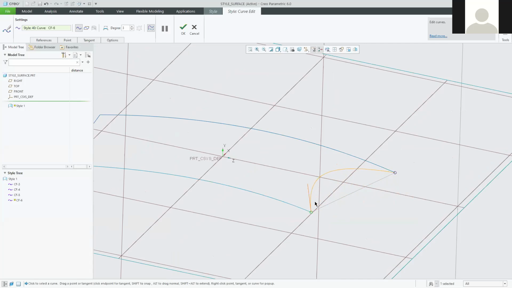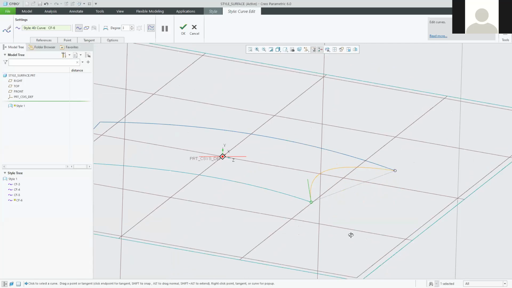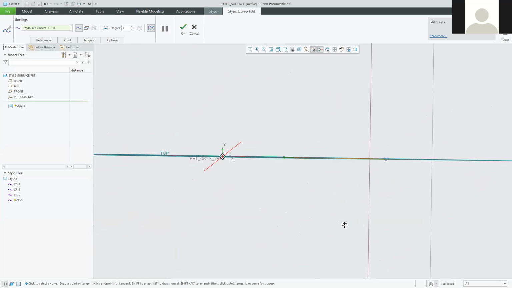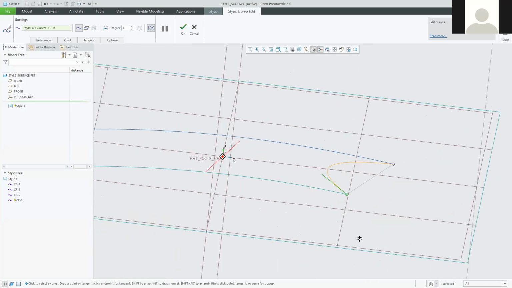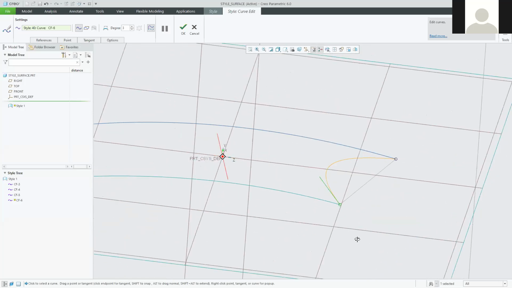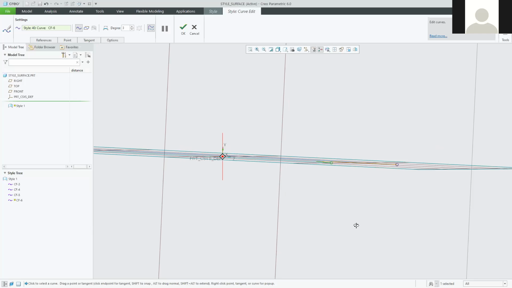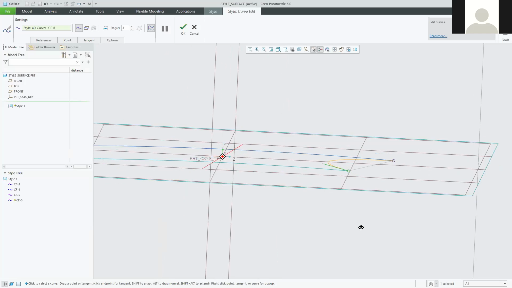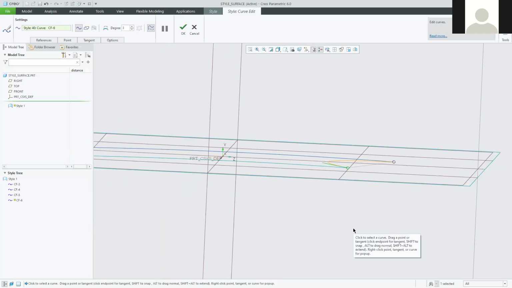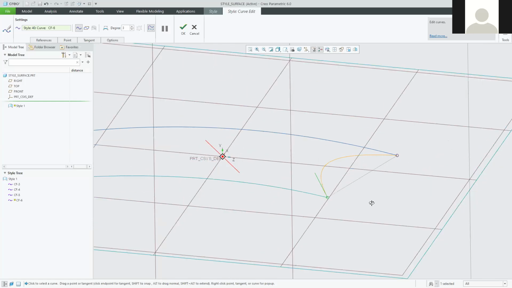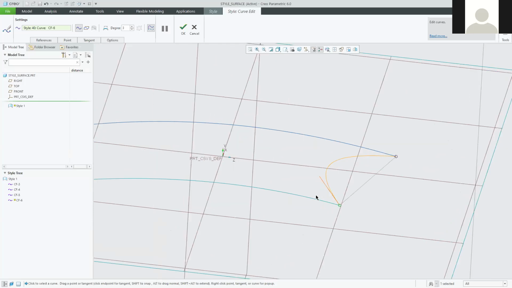And then the second bit of that is just rotating your view around to appreciate that currently that curve is kind of stuck to the plane that it was created on. So you can see it's not currently breaking away from the plane, but we can kind of force the issue by, rather than just dragging these handles manually by clicking on them and holding down the left mouse button, we can